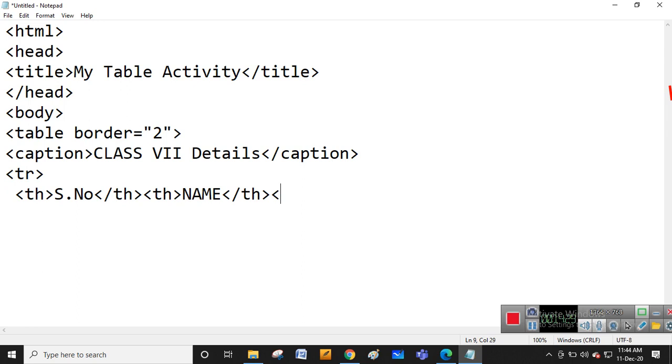Okay, and again th open, serial number, roll number I'm taking, and name. th open, th close, th open, th close, th open again, and this is for name. Name close, th closed, close the tr.